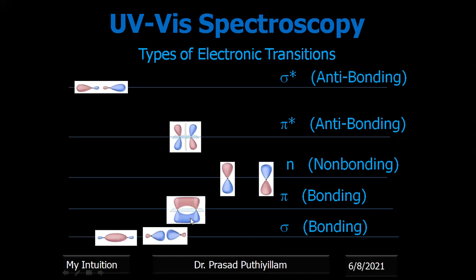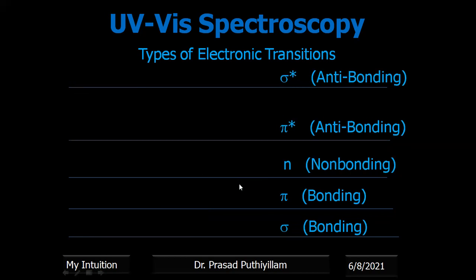And here this is sidewise overlapping, that is pi bond. And non-bonding, that is lone pair of electrons, means electrons should be mainly in the p orbital. As such, we usually discuss the p orbital having a lone pair of electrons. Therefore, it may be on the upper side or the lower side. So both are represented here. This is pi star, where there is repulsion, and this one is sigma star. Here also we can see the electrons are repelled. They are not coming to each other. Nodes are created. Okay, so continuation.